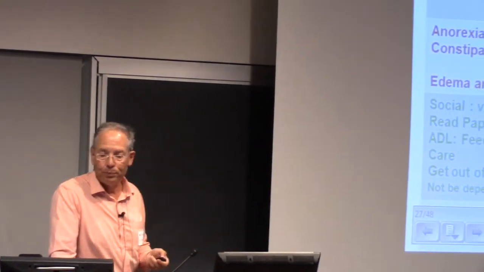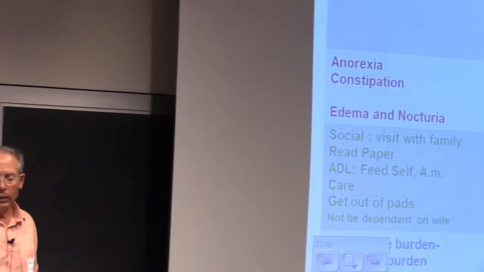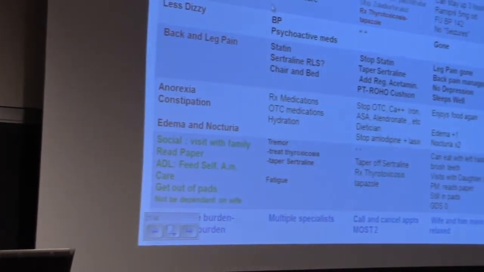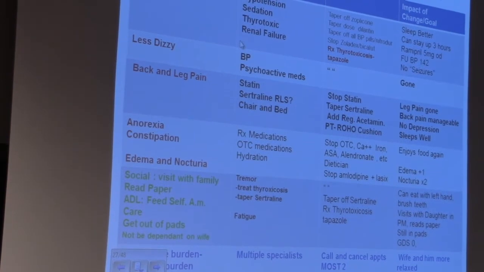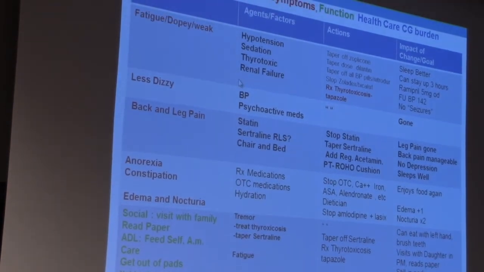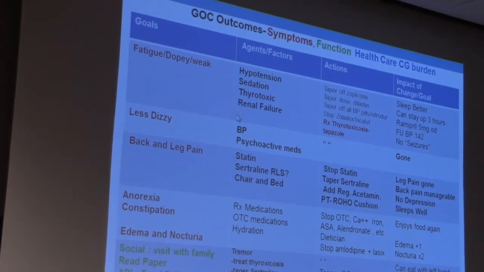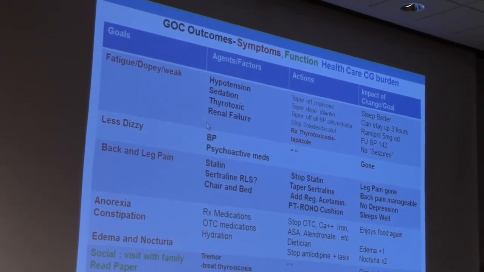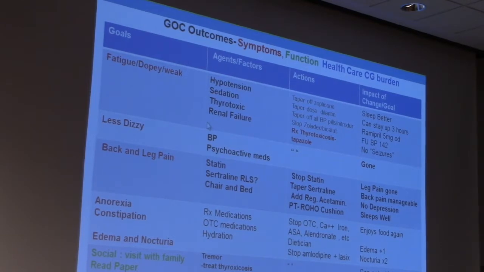One of the challenges in goals of care and planning is trying to converge them, to bring them together and get everyone on the same page. So this is a little flow sheet I do sometimes with people, where I map out the goals, symptoms, function, and healthcare. I'll say, what are the causes of these problems right now? What actions are we going to do as part of our care plan? And what impact would I expect if we make a change?